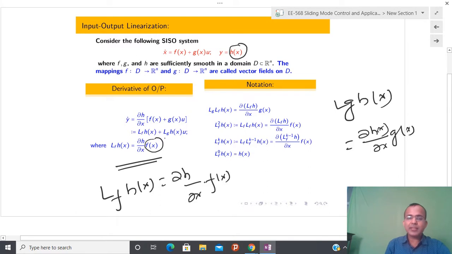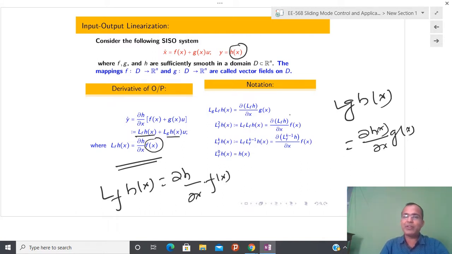Okay, this kind of symbol is what people mostly use in geometrical control, and I have told you that if you want to linearize something, you have to apply geometrical control. Due to that reason, geometrical control theory is very attractive: you have a nonlinear system, but there are several ways such that I can visualize it like a linear system, or at least for the design point of view, even if I have a nonlinear system, I can design control based on linear control theory.